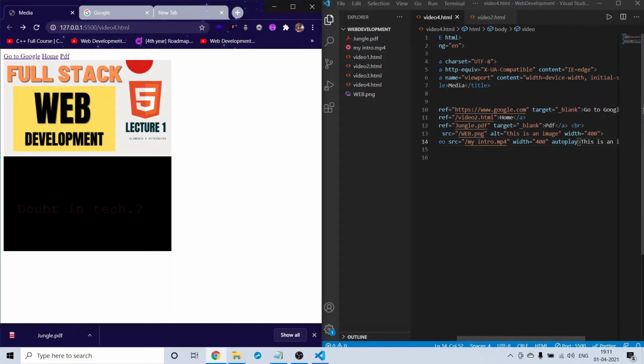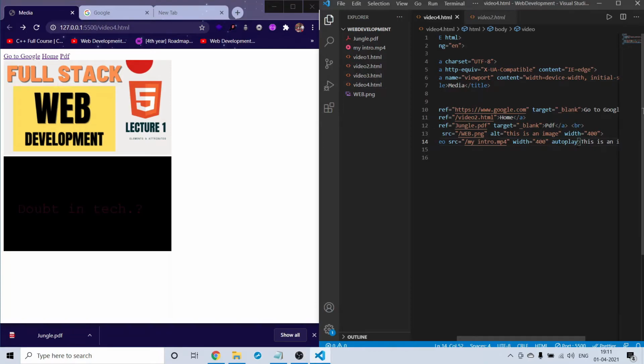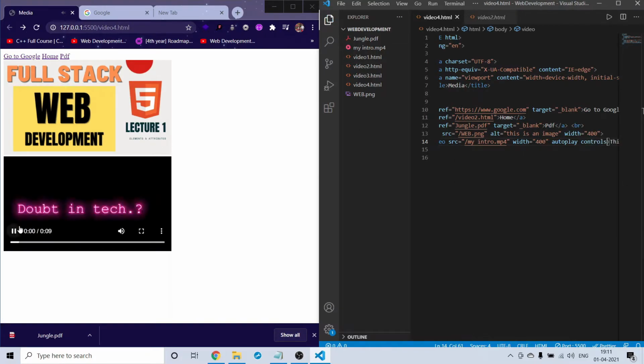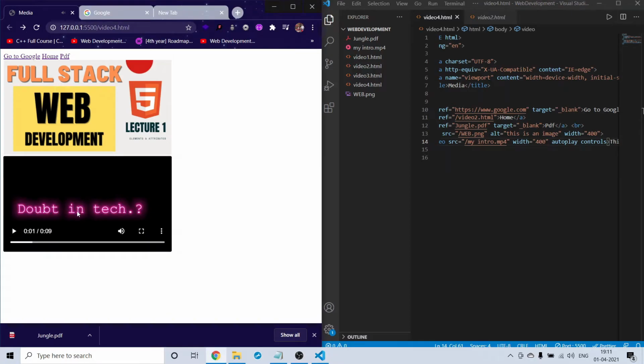And when you have autoplay enabled here, what will happen is the video will be automatically played, but you don't have any controls over this. So what you can do is, you can have another attribute which is controls. And when you save this, this will autoplay, and you will also have controls here. This is the full screen one, this is the volume button, and if you want to download and if you want to use picture in picture, you can use these buttons here.